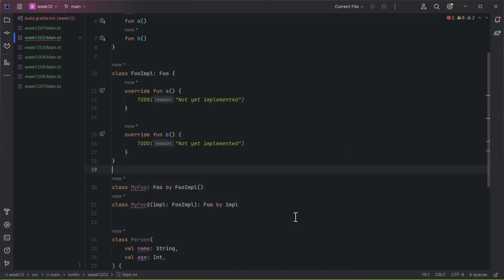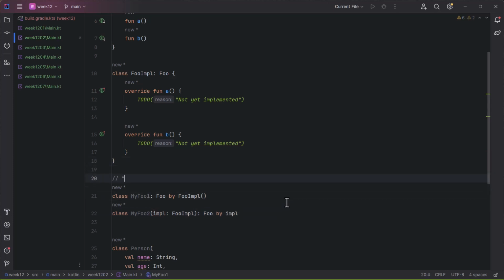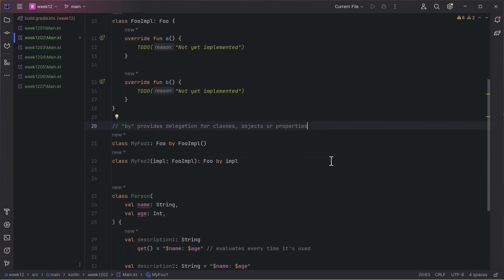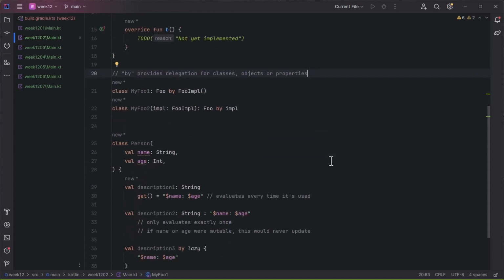Let's say 2 and 1. Or what we can do is pass in the thing that we want to delegate to. And inside this function, or inside this class, we could override some of those functions if we want. So the by provides delegation for classes, objects, or properties. And what's really nice is that that thing it's delegating to is an object that can have some behavior to it. In the case of lazy,